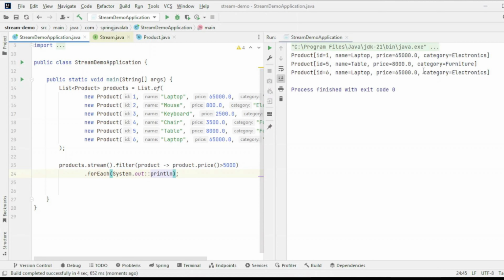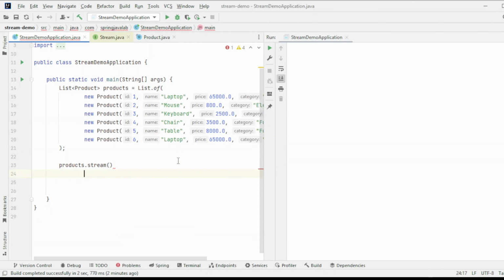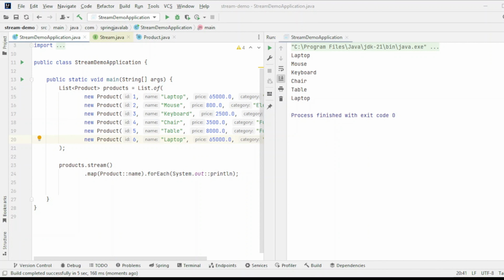In our console output, we see only laptop and table, while mouse, keyboard, and chair were dropped because their prices are 5,000 or below. Next is map. Map is used to transform each element. For example, instead of returning the complete product objects, let's get only their names. Here, each product is converted into a string, which is the product name. And in our console, instead of full product objects with IDs and prices, we get a clean list of product